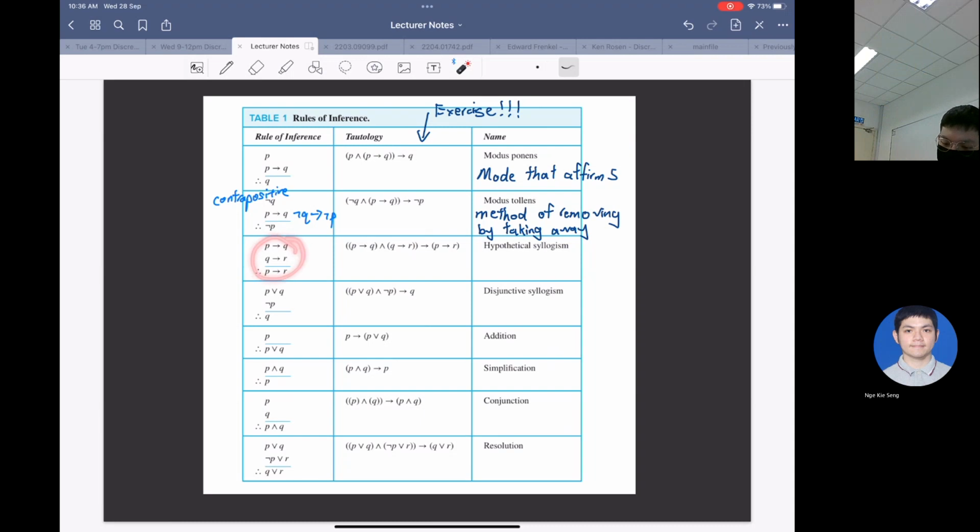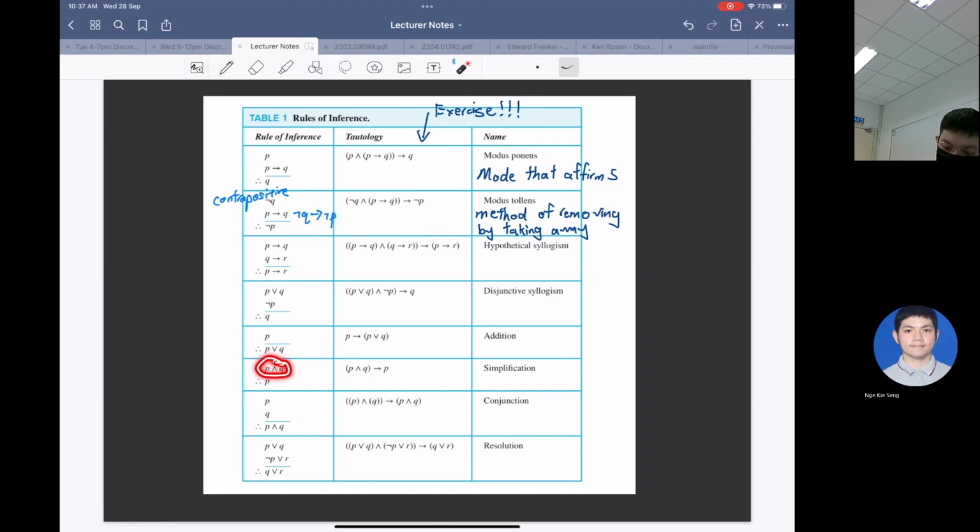So the next one is transitivity. If you have P implies Q and then Q implies R, you can get from P to R, because once you have P to Q, then you can go from Q to R. Okay. This one, P or Q, and then with not P. So when is P or Q true? If not P is true, then Q has to be true. So you will get Q. Okay. And then P, you can